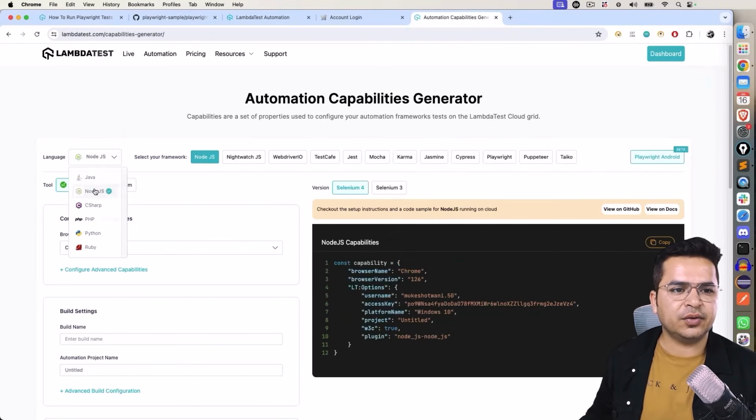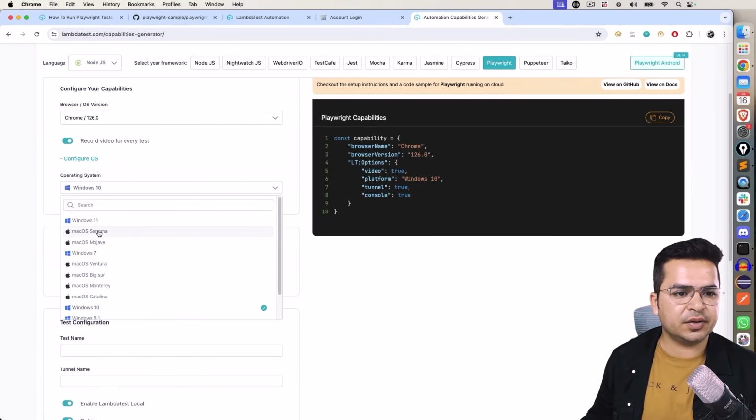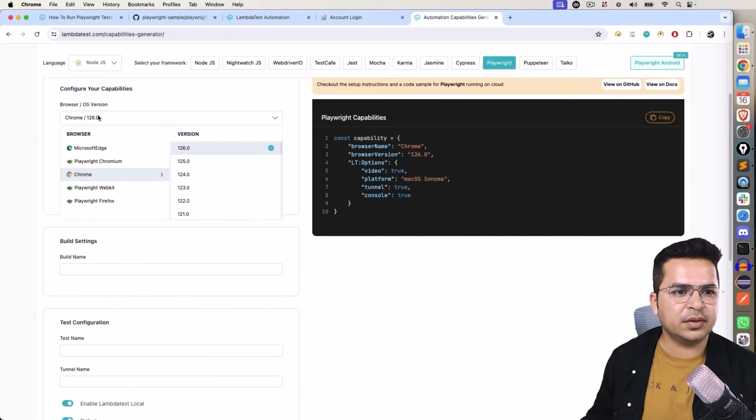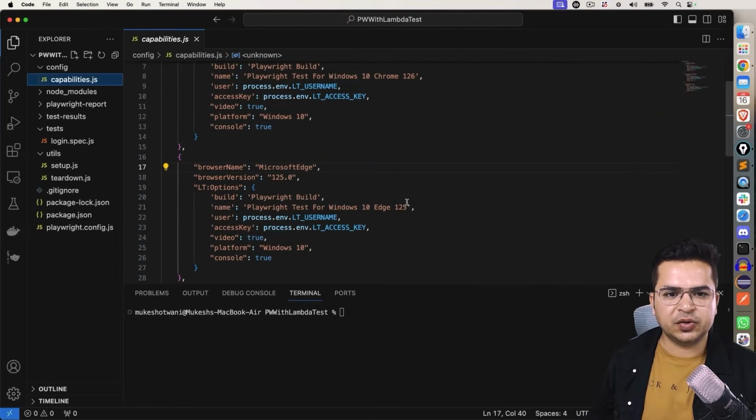So again, go to Node.js, go to Playwright. This time, let me take Mac OS. Let me use WebKit. Okay, we used Chrome, we used Edge. Let's use this WebKit. And instead of Windows, let's take latest Sonoma. So again, if you go back,